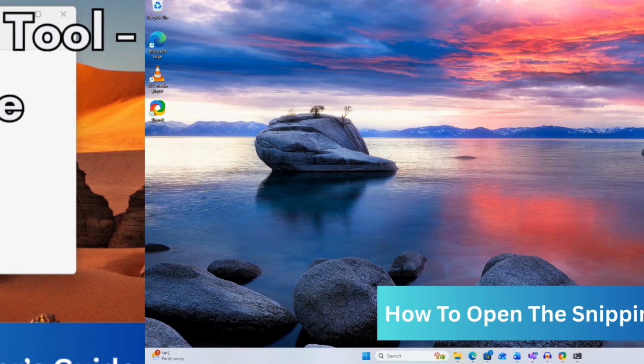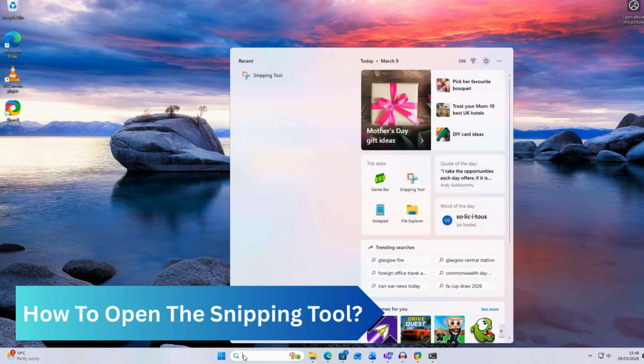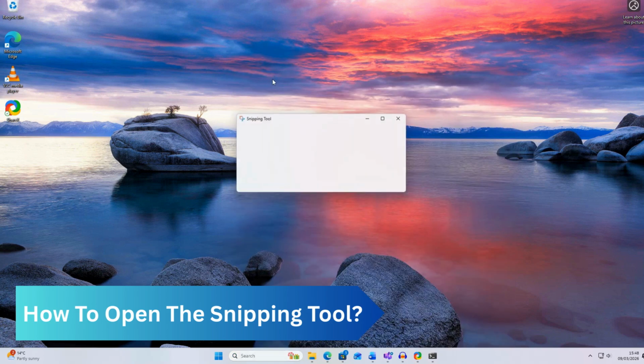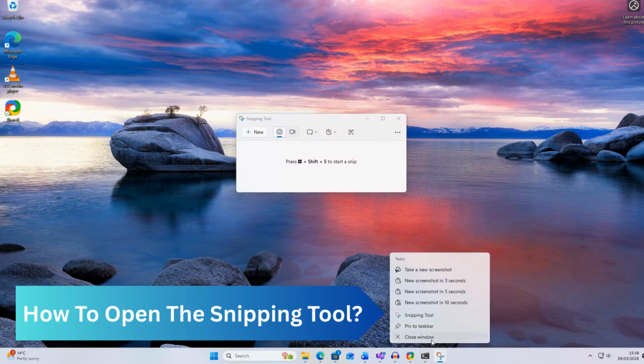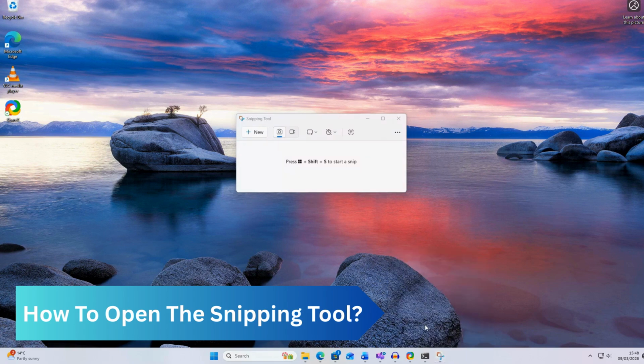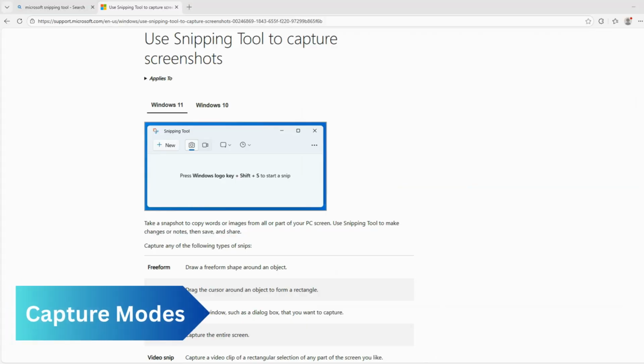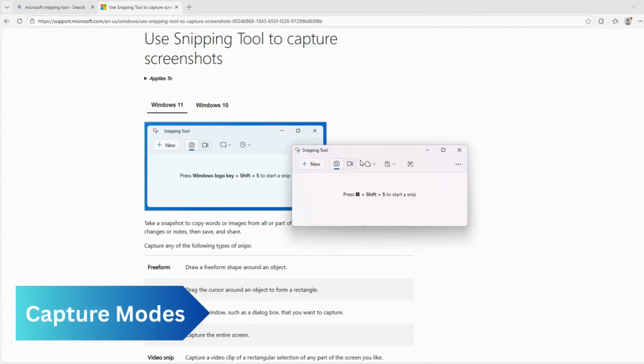effectively. To open the Snipping Tool, tap the Windows key, search for it in the Start menu, and select the app from the results. Once open, right-click the icon in the taskbar and select Pin to Taskbar for one-click access in the future. When you start a new snip, you can choose from 4 modes at the top of your